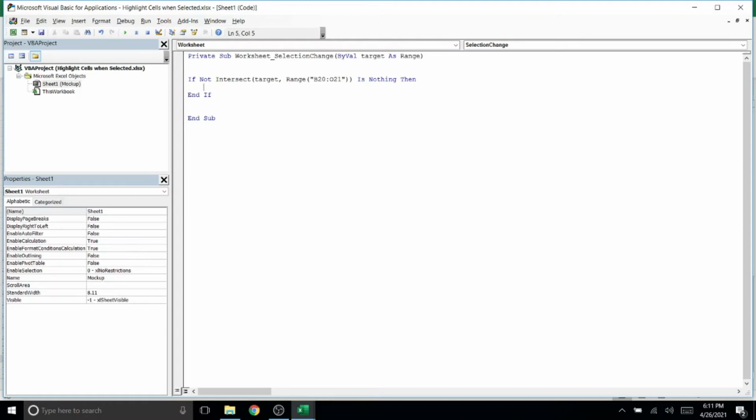So I'm going to tell Excel, if one of these cells in the range intersects with this range, then in Sheets mockup, I want to highlight the entire range. So I'll give it the same range here. If any of the cells intersects with those, then this range should be